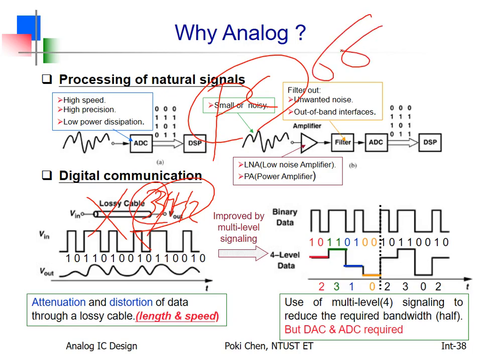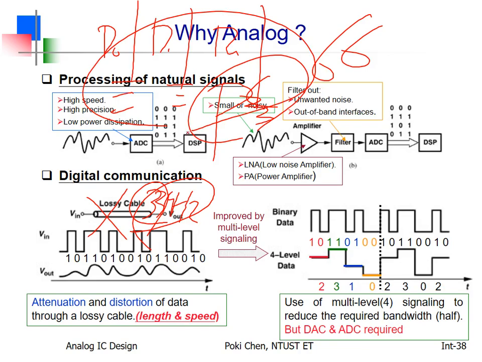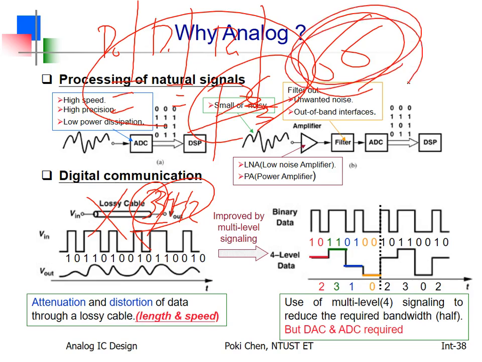But how? We need some kind of shielding. For example, D0, then grounded, D1, then grounded. Okay? With such kind of shielding, oh yeah, you can double the transmission rate from 33 to only 66. Nothing more than that. It's really upsetting. That is also for the so-called parallel communication. Okay? Yeah. Not much better than this. Okay? Even on board, on your PCB, on your motherboard.